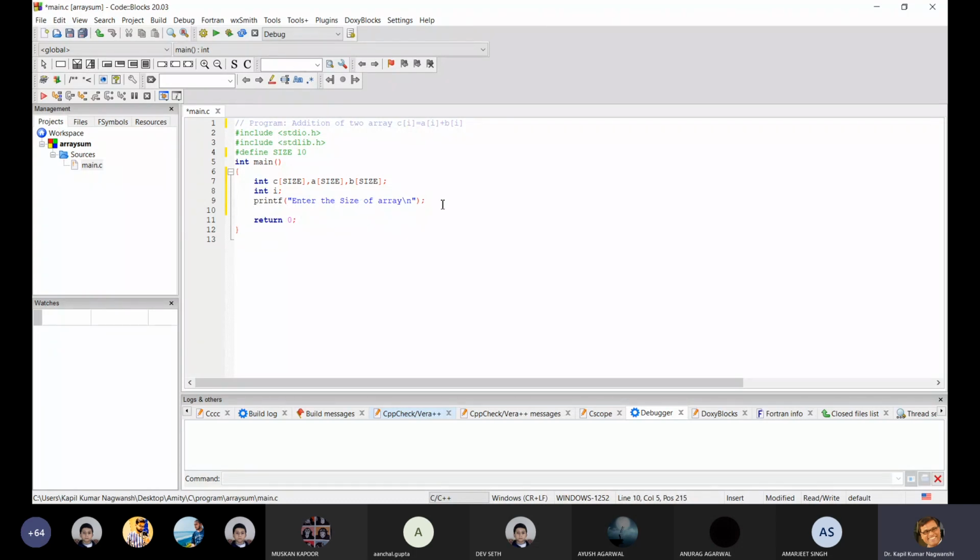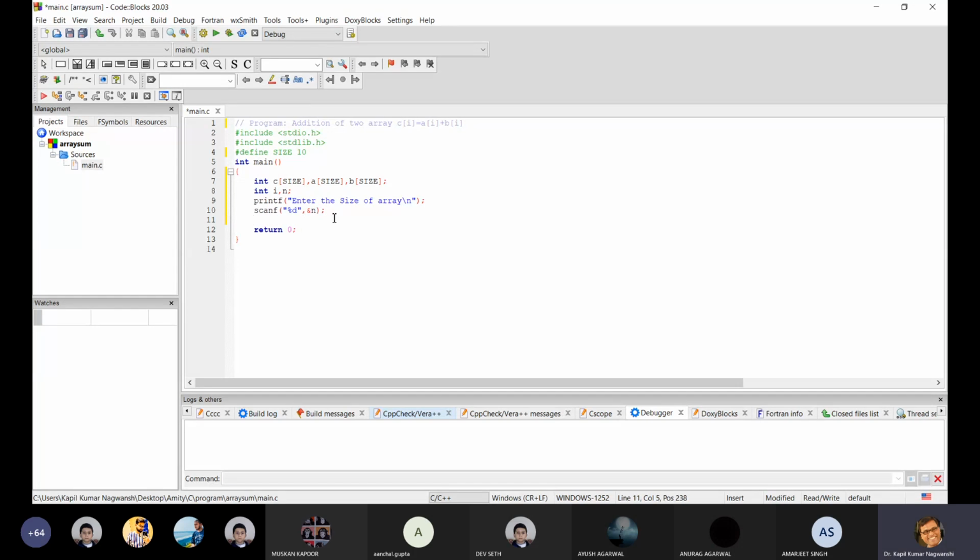So now I am going to scan this: scanf %d, address of n. So the address of n is also required. Here n is one of the variables. So this will give you the size.